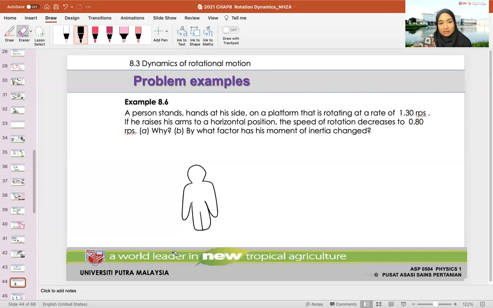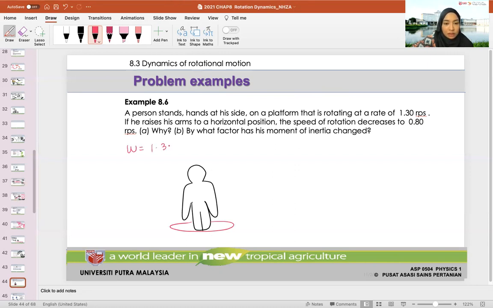So this guy, dia tengah letak tangan on his side ataupun tengah senang diri, and he is on a platform that is rotating at a rate. So dah lah dia tengah berdiri, lepas tu dia duduk atas tempat yang rotating, macam merry-go-round lah. So this is the platform. Okay, jangan kita abaikan platform ni punya rupa. So platform ni, it is rotating at a rate of 1.3 revolutions per second, RPS. So omega is